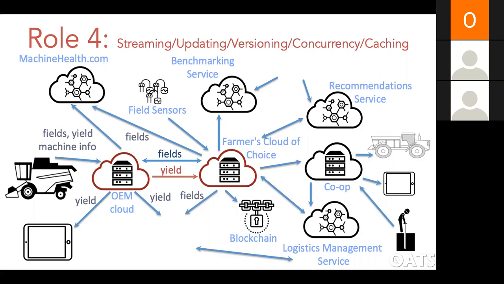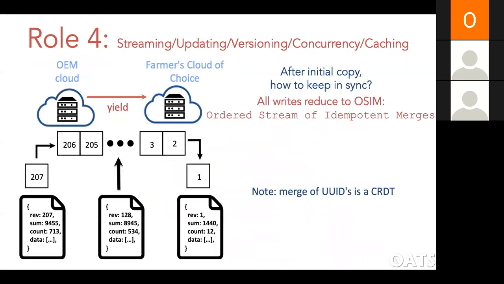So let's just focus in on one part of this big picture that I said, which is yield data, just going from the combine to my OADA cloud that was serving Trials Tracker or something like that. If you think about that, you can look at the resource itself as what we coined an ordered stream of idempotent merge operations. And so what that means is if I look at the document down on the right there,